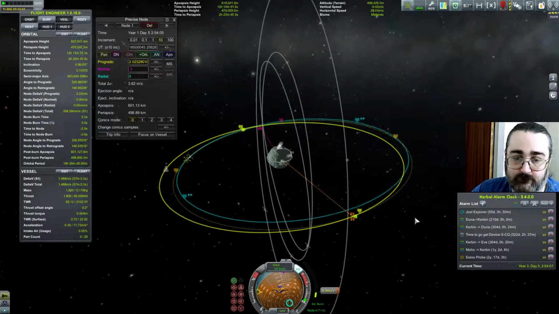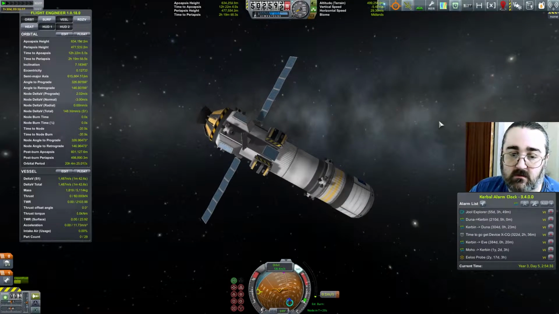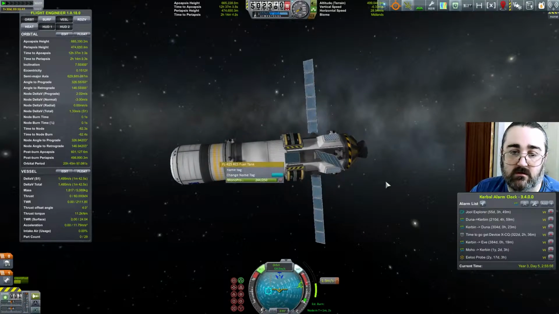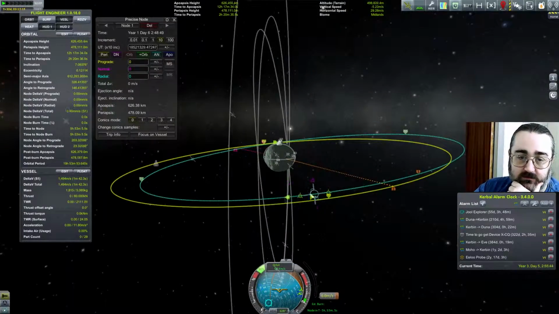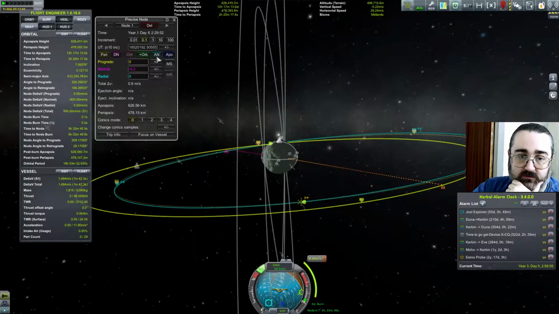That's pretty neat. Now the burn went really wrong here, and I am not sure what I did wrong. It's possible that I just simply forgot to point myself at the maneuver node. That's entirely possible. That's what I did. So I had to give that up. That clearly wasn't going to work. So I have to redo the whole thing at this point,